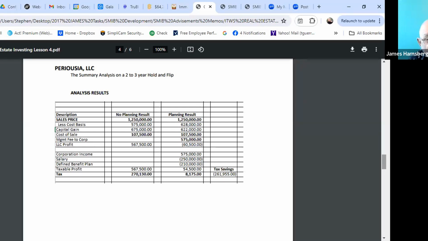So my total tax on everything is $8,175. So I saved $261,955. We took the 1.1 million of cash that we had left. That's our capital gain plus our original capital. We invested it into our stock portfolio account,